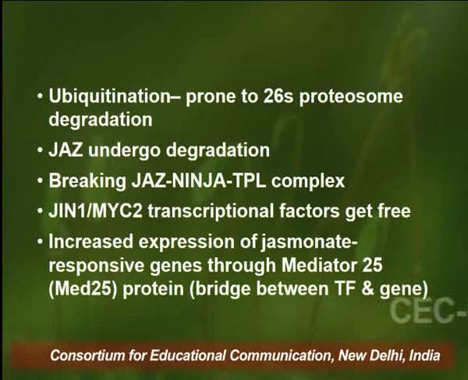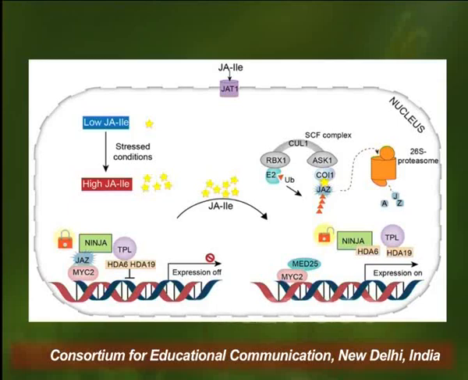So MYC2 and related transcription factors get free and increase the expression of the genes through another mediator protein, which is known as Mediator 25. Now this Mediator 25 protein forms a bridge between the transcription factor and the genes which produce the effect of jasmonic acid. So this is the diagrammatic representation of this mechanism, and you can see that the jasmonic isoleucine derivative